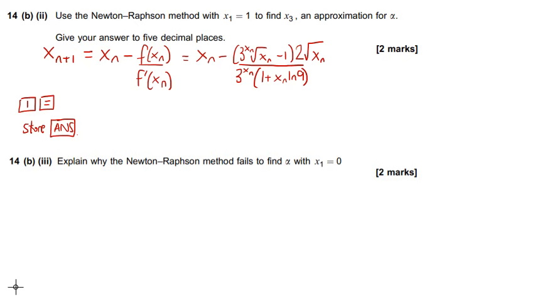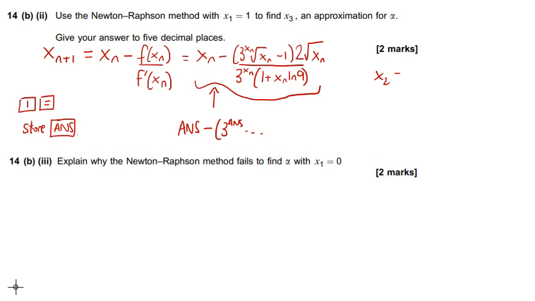And then what you should do is type all of this into your calculator, this whole expression, and everywhere there's an xn, you would just press the answer key instead. So you'd have something on your calculator like ans minus bracket 3 to the power of ans, and so on. Okay, so that whole expression like that. And then all you have to do is just press equals a couple of times and you'll get the other